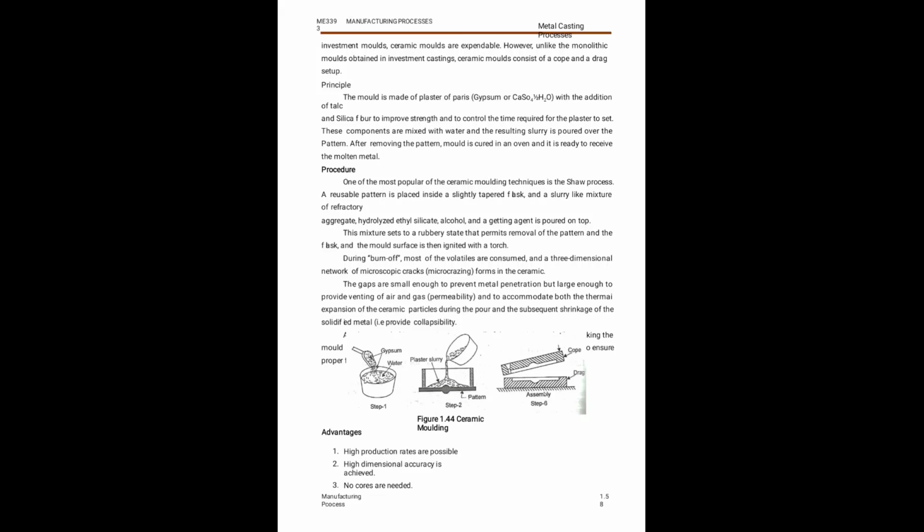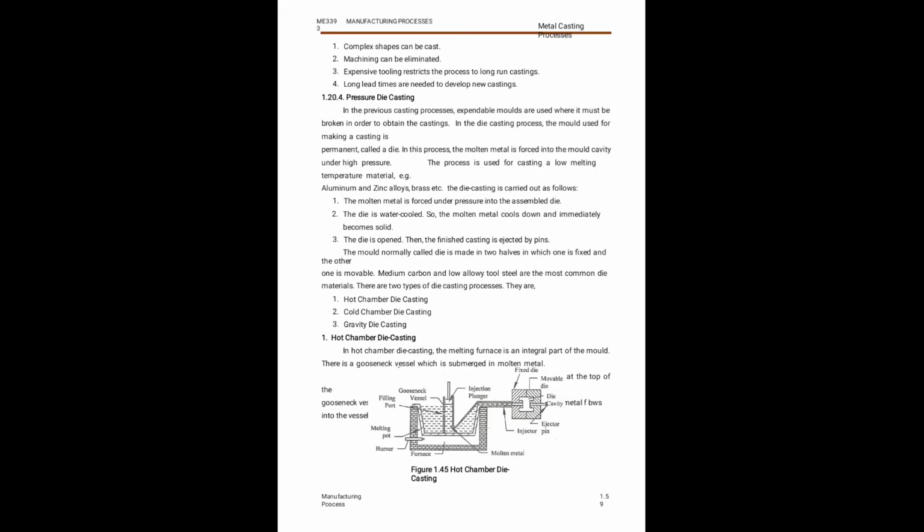This is the diagram of preparing the ceramic molding. Next, the pressure die casting process. It is previously casting process 1 and also machine casting process 1. Expandable molding will be prepared. For the diagram,